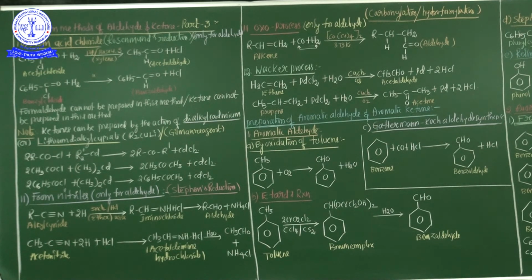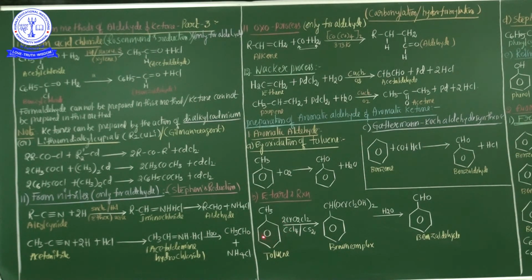And another one is the Etard reaction. One more named reaction, the Etard reaction. See my dear students, in the Etard reaction, listen very carefully, benzaldehyde can also be prepared in the laboratory by partial oxidation of toluene with chromyl chloride. Etard reaction, very important reaction. Here also benzaldehyde is formed. Benzaldehyde can be prepared in the laboratory by partial oxidation, not complete oxidation, of toluene with chromyl chloride. What is the formula of chromyl chloride?